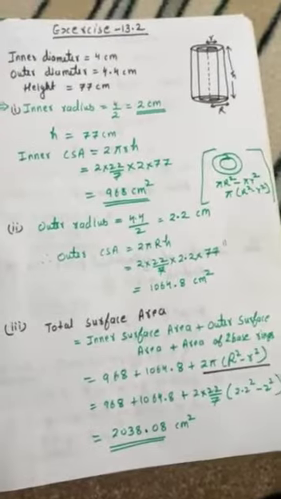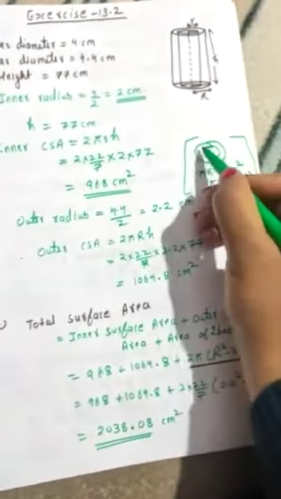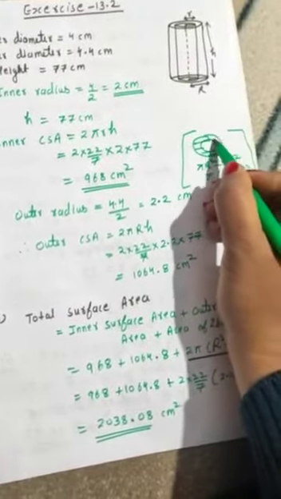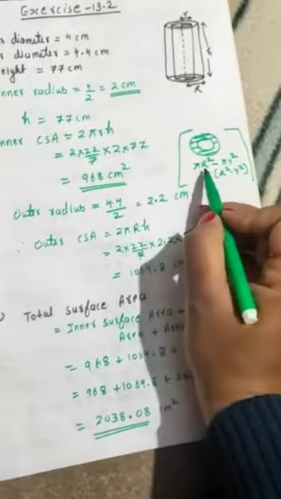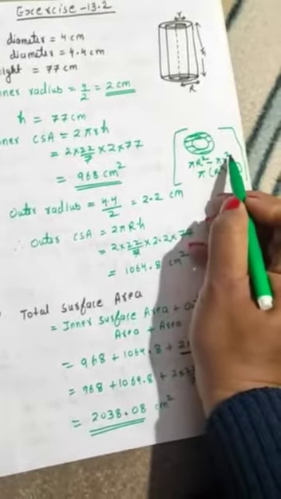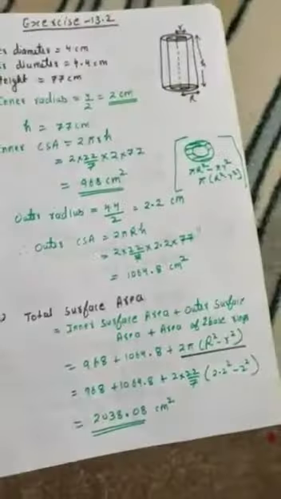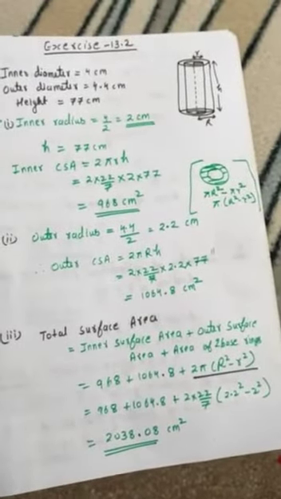So I hope all of you have understood basically this concept कि आपको जो ring है इसका area अगर आपको निकालना है, this will be outer minus inner circles area. So this is the formula. Okay. So now we'll see the next question.